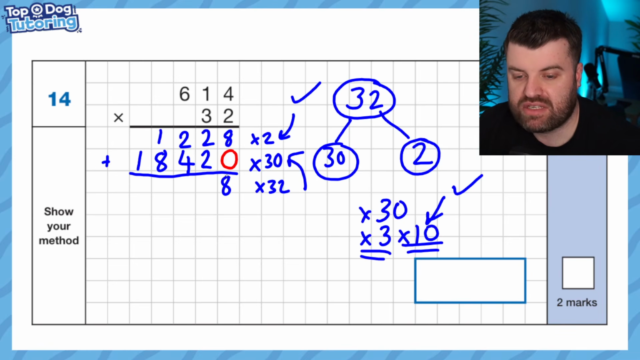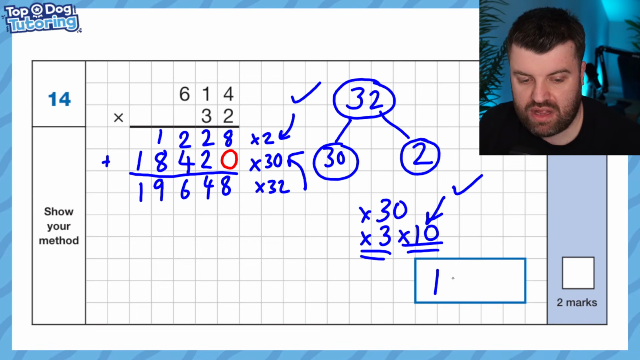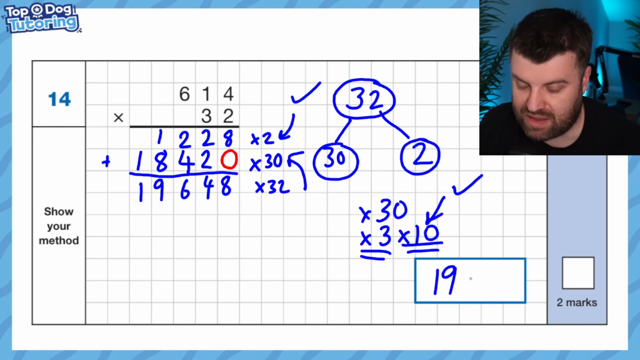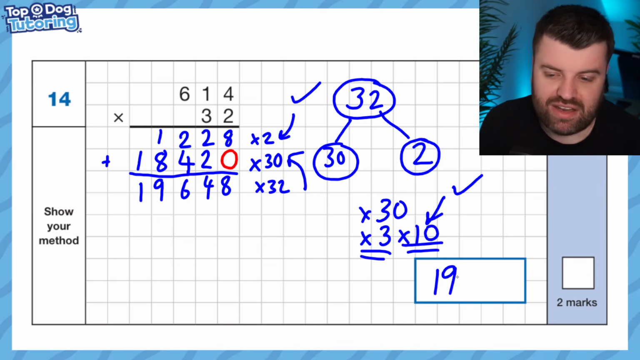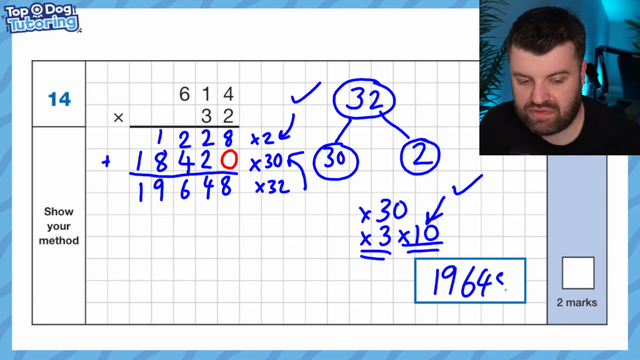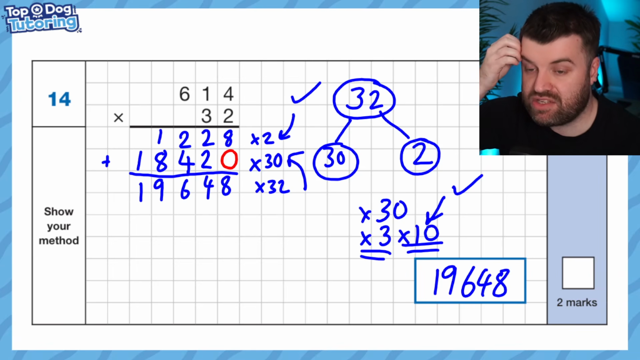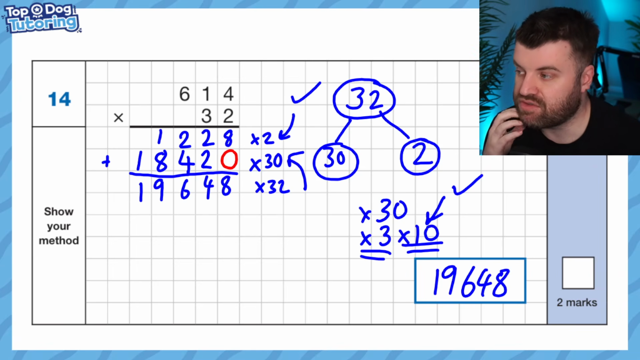8 plus 0 is just 8, 2 plus 2 is 4, 2 plus 4 is 6, 1 plus 8 is 9, and then the 1 drops down, and the answer is 1,000. Well, it's not 1,000 at all, it's 19,000. Get your place value chart right, Dylan. 19,648. And that's what we'd be saying to the children, and we'd have a really strong understanding of short multiplication,